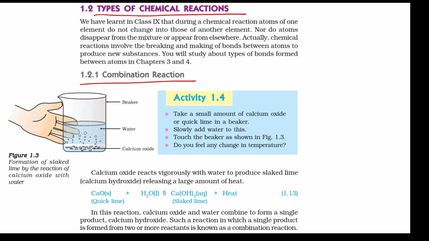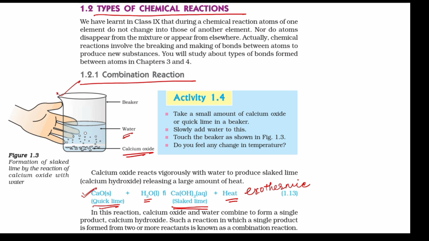Example of combination reaction है formation of slaked lime. Take a beaker, एक beaker ले लेते हैं, add calcium oxide to it, okay? Now after adding calcium oxide, add water to it, right? Now on adding water, what is the observation? The temperature of the beaker rises and a compound called slaked lime is formed. यहाँ पे जो कैल्शियम ऑक्साइड यूज होता है फॉर द रिएक्शन, it is known as quick lime. So quick lime plus water forms slaked lime और यहाँ पे इस रिएक्शन में हीट इवॉल्व हो रही है।